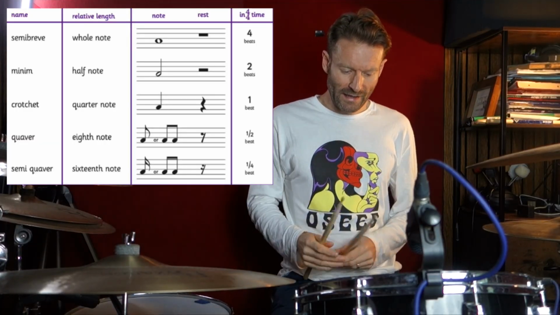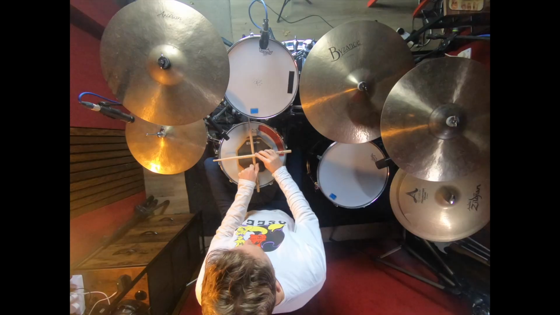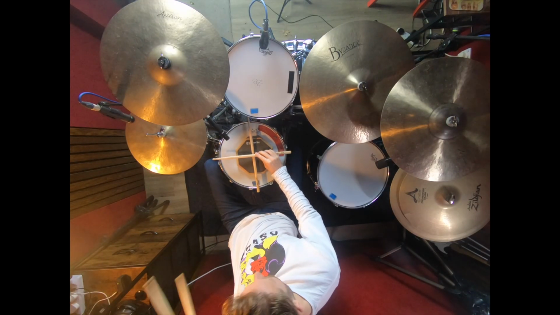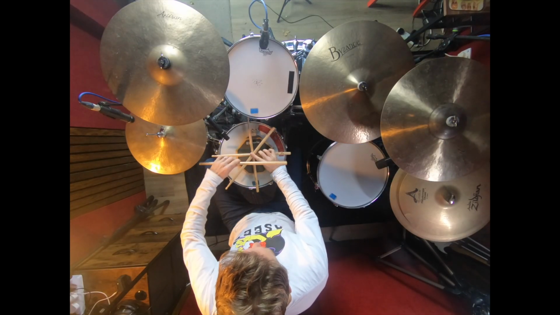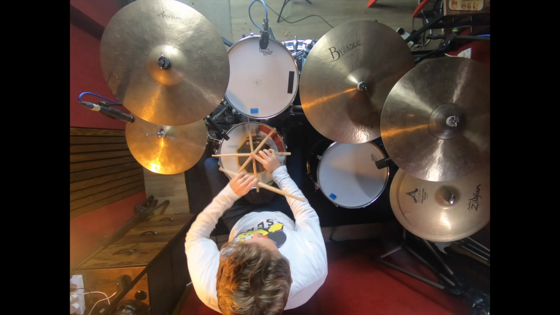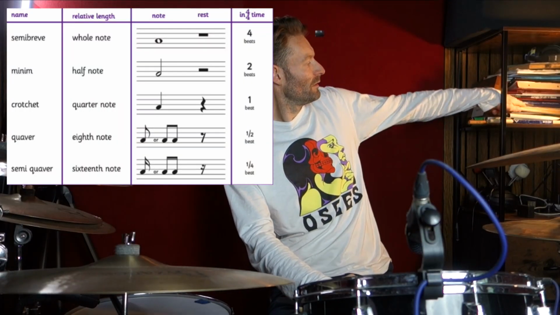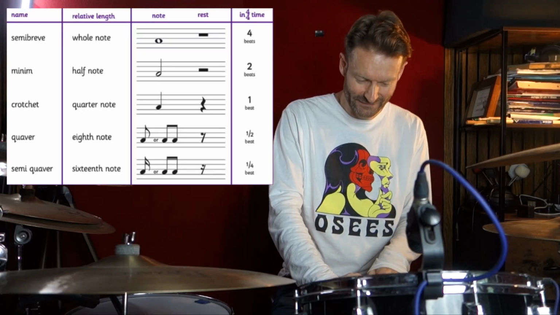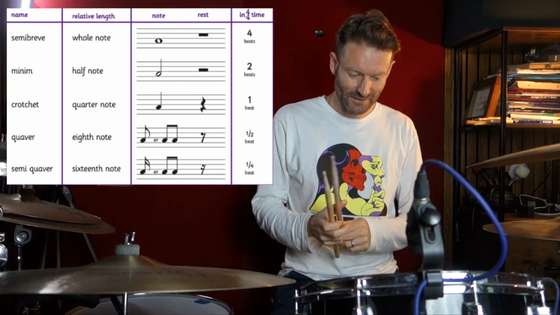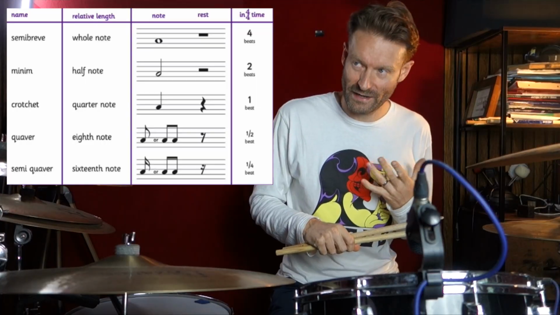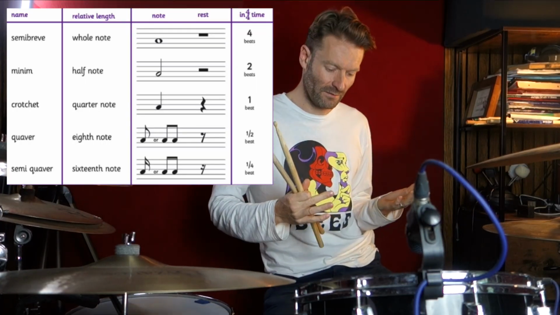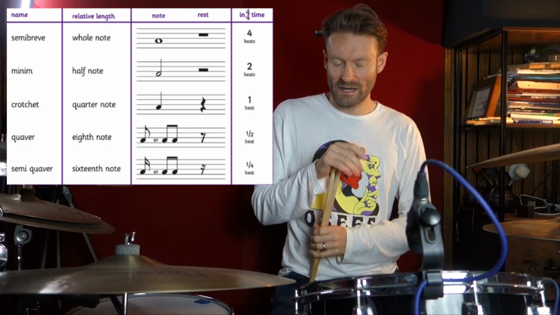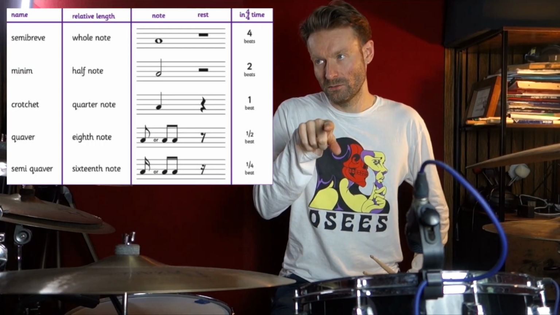Then we're splitting up the bar again, of course, into eighth notes. So we've got 4 there, and then we're splitting it up again into our 8 pieces. 8 bits of cake. So that is called a quaver, a quaver or an eighth note. I basically always forget the official names, but I always call it an eighth note. Now that is notated how it looks. Again, it's a coloured in circle with